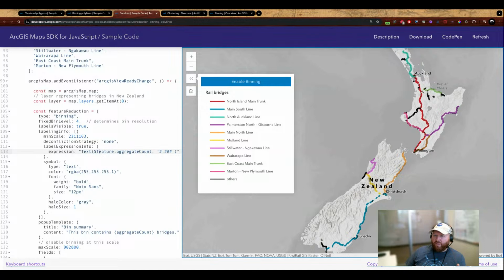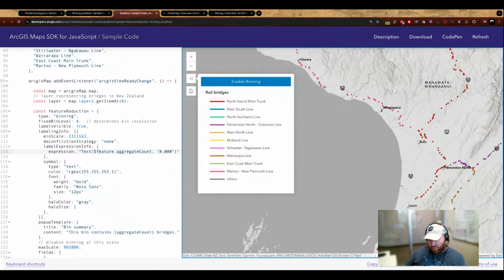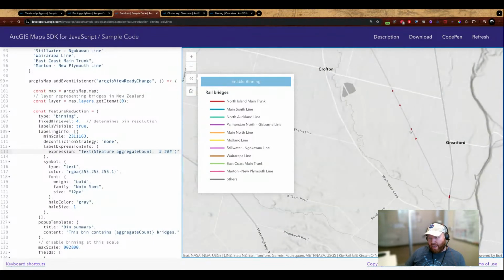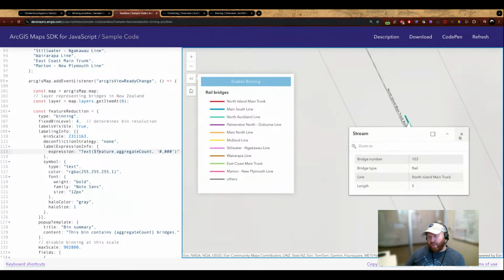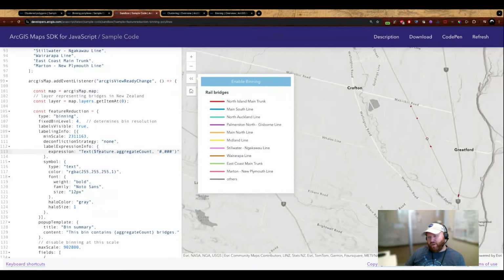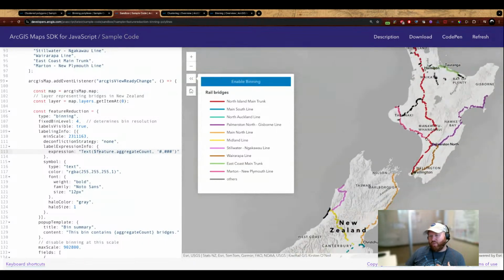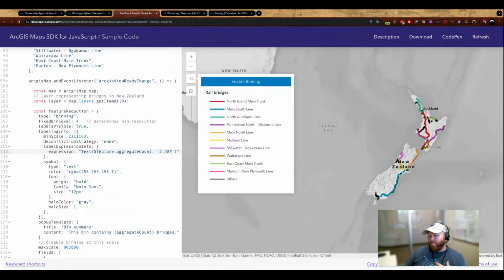At this scale, the data actually looks pretty good. It looks like a nice map of rail networks, but it's actually a misleading map because as you zoom in, you will see individual line features that are actually quite small. And when you zoom out, it appears that they're much longer and that the entire network is made up of